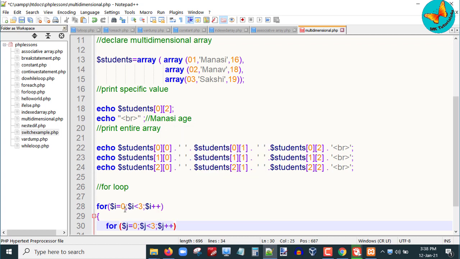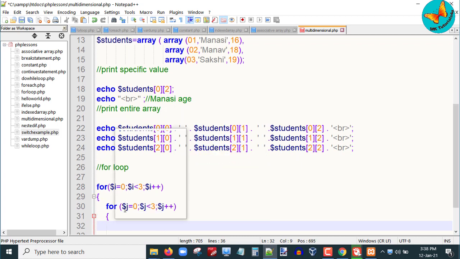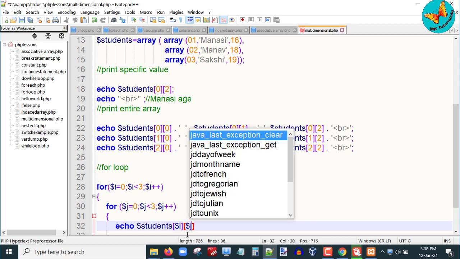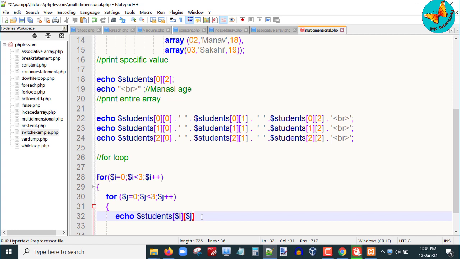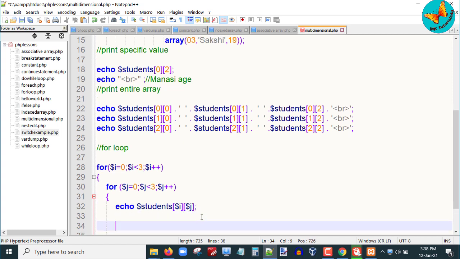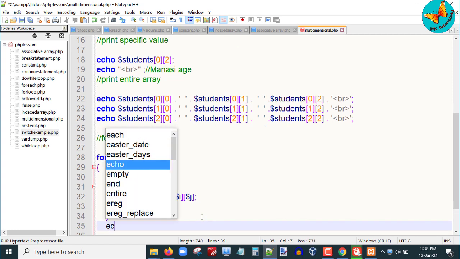Then columns also start from 0 to 3. And then echo $students, and in square brackets I will write the indices i and j. Don't forget to write the BR tag so that each value will be displayed on the next line.